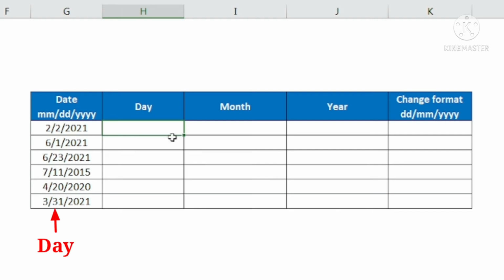Now just go ahead and follow our rule for Flash Fill, that is, type what I want in the first cell for the first record. So for the first record, the day is 2, which is there in the second place. So I will go here and type 2, go to the next cell, and then press Control E, the shortcut for Flash Fill. Okay, now can you see what has happened?